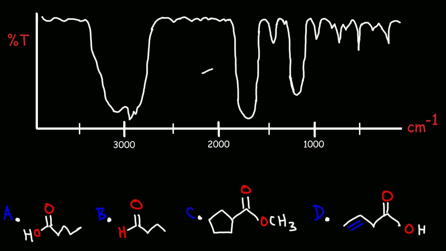So one of the first things we could see is that we have a carbonyl C=O stretch near 1700. Now, all of the molecules that we have in our answer choices contain the carbonyl functional group. So that really doesn't help us. Now, we do have a very strong, very broad OH stretch between, looks like 2700 to 3300. So this indicates an OH functional group, which means we could eliminate answer choice B and answer choice C, which